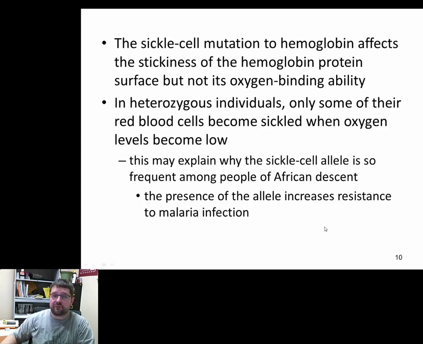The other thing that's going on, and this is probably the reason why we still see sickle cell today, is heterozygotes will have some cells that are sickle shaped and some cells that are normal shaped. So they can pick up oxygen in an environment that has lower oxygen levels, but they can also